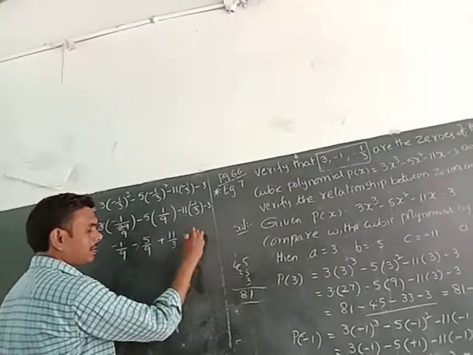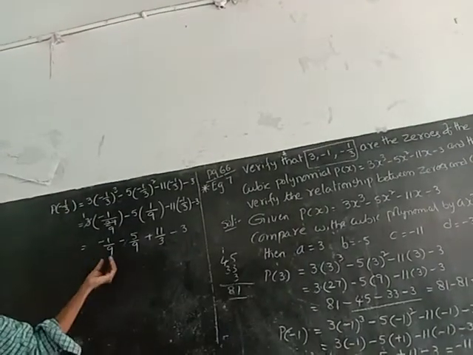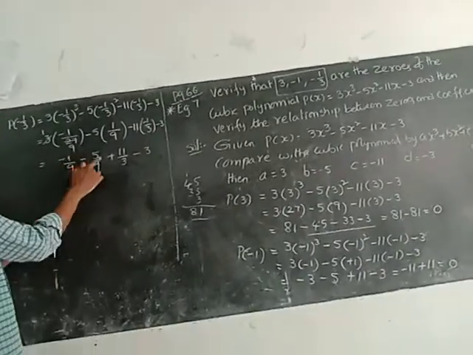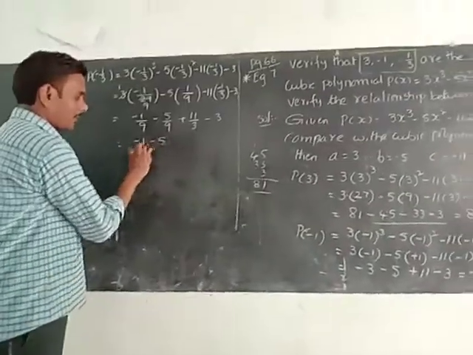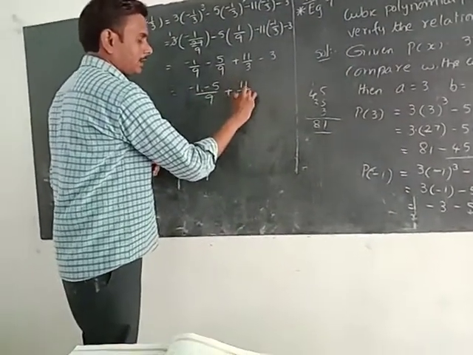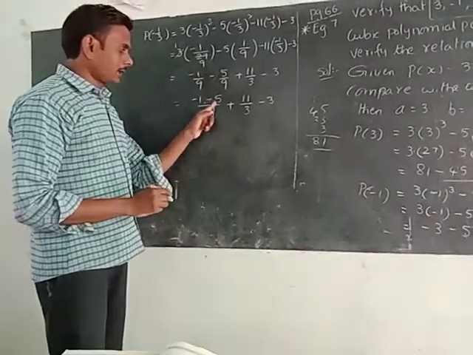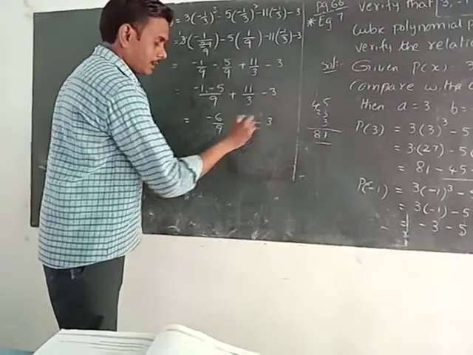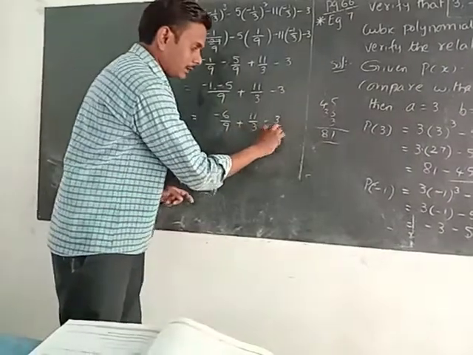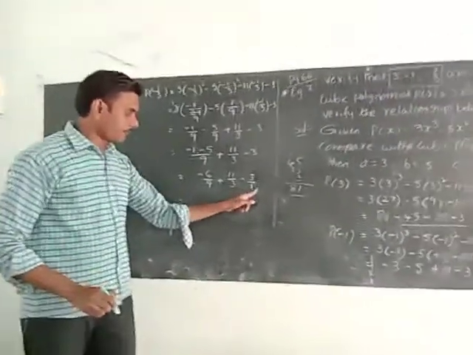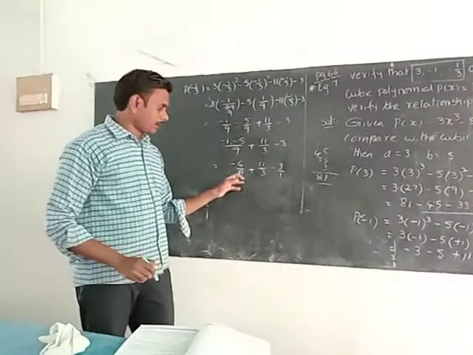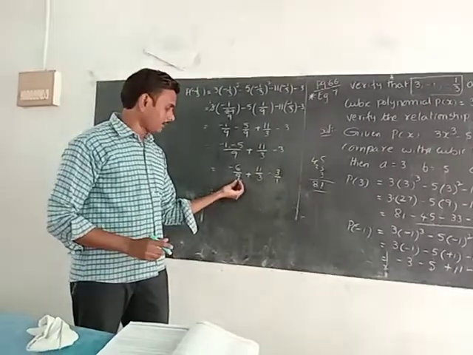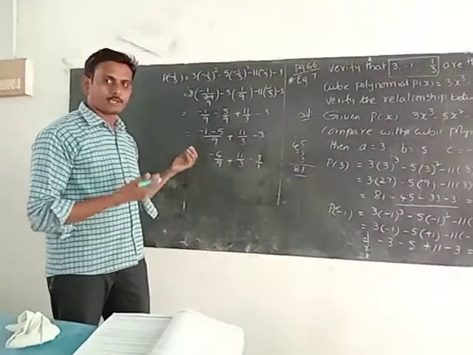By 3, minus 3. Now take the LCM for this one. Otherwise we can add this one. These have the same denominators, so now add the numerators: minus 1 minus 5 by 9 plus 11 by 3 minus 3. Minus 1 minus 5 means minus 6. Minus 6 by 9 plus 11 by 3 minus 3. Now take the LCM. Here no denominator is there, so take it as 1. Here 9, 3, 1. The biggest number is 9, and 9 is possible in the 3 table. So the LCM is 9. By taking the LCM of 9 and 3 also, we get 9 only.